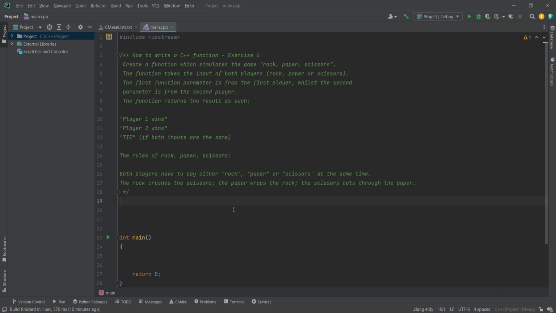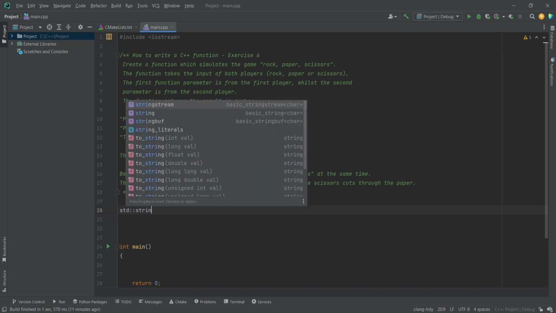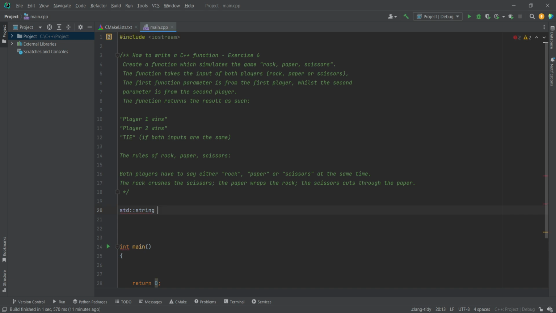So we're going to start writing the function. The first thing that we need is to know the type of the return value. From what we can see in the requirement for the function, the function returns the result as such: player 1 wins, player 2 wins, or tie. As we can see, the type of the return value is a string, so it's to the right, it's the string. Name of the function, we can use any name you want, but here I'm going to choose simply RPS